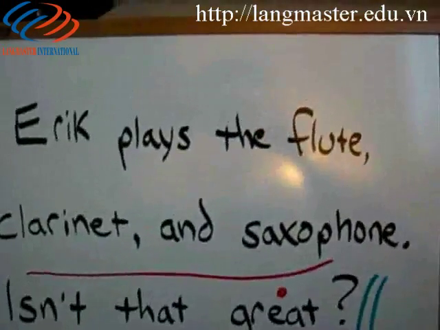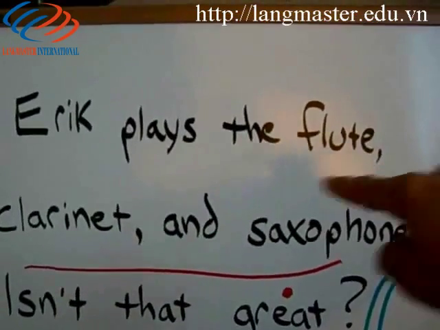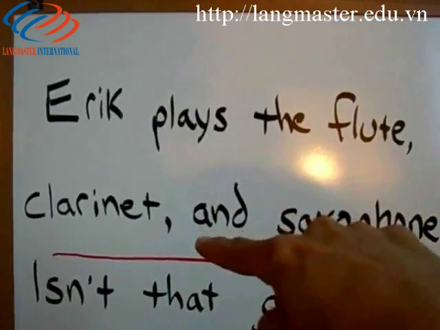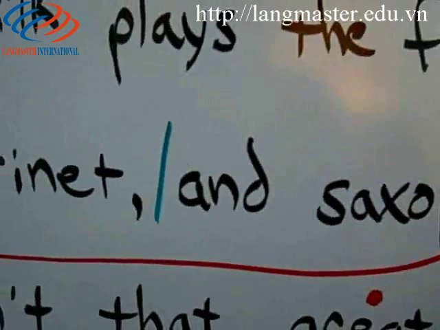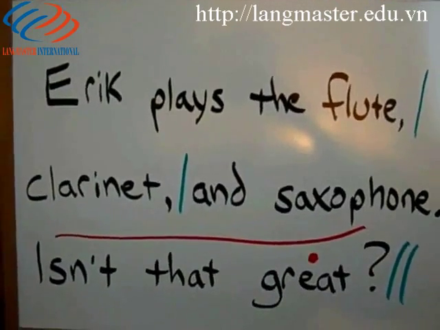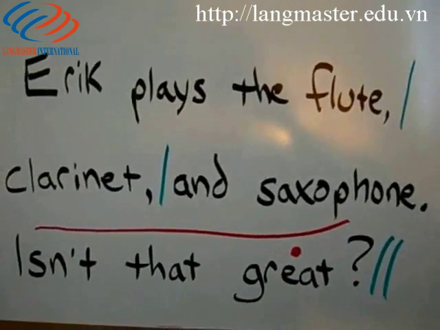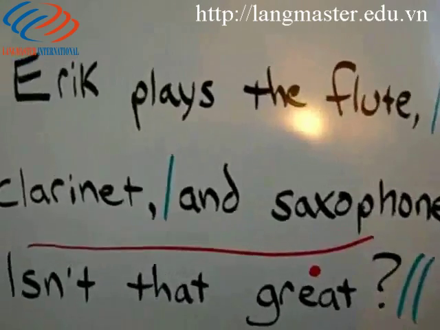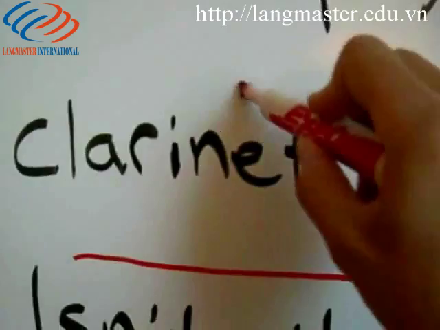Now let's look at the sentence. It's broken up by 2 commas, 1 after flute and 2 after clarinet. We're actually dealing then with 3 thought groups. If you remember from previous lessons on thought groups, commas tell us to pause. So if we have 3 thought groups, then we also can talk about 3 final content words that receive stress. They are flute, clarinet, and saxophone.